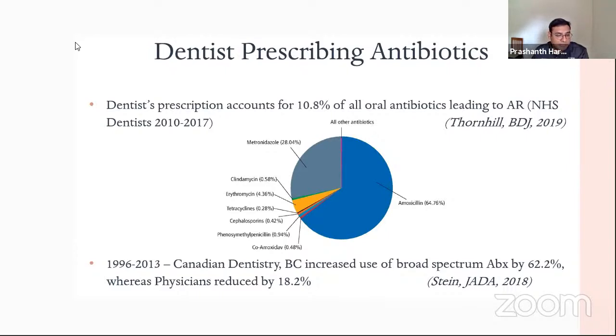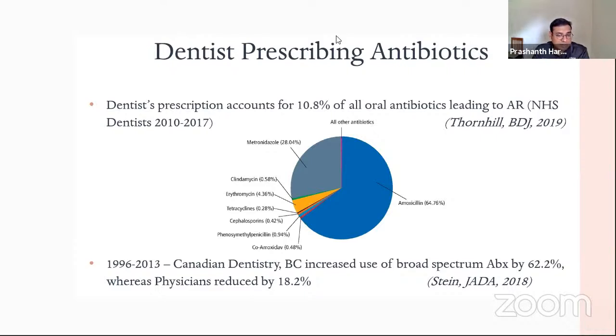In the span of 15 to 17 years, physicians reduced the use of broad spectrum antibiotics by 18.2%. So that shows that we have to go towards the narrow spectrum. We've always been taught in the dental schools, in the programs, that you always start with the broad spectrum and then you come back to a narrow spectrum to see what's going on. But probably loss to follow-up from the patient and difficulty in getting the patients back to switch to the narrow spectrum makes it very hard for us